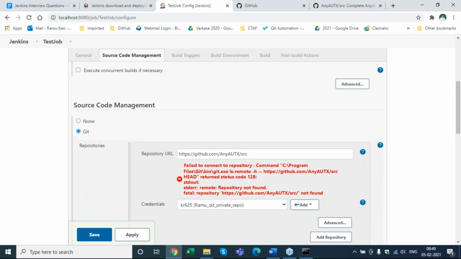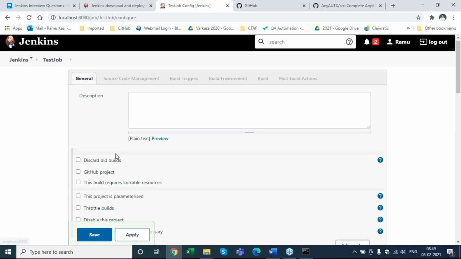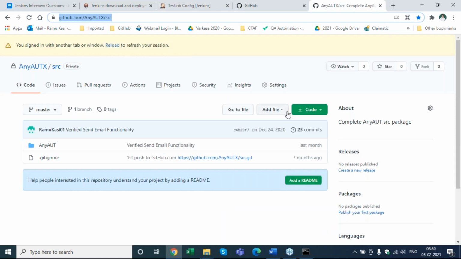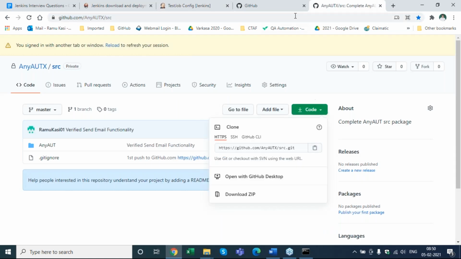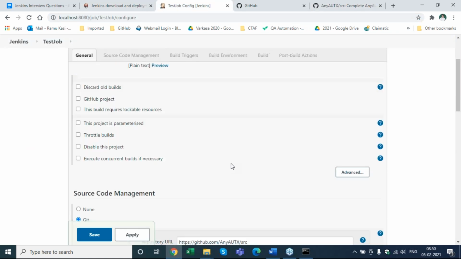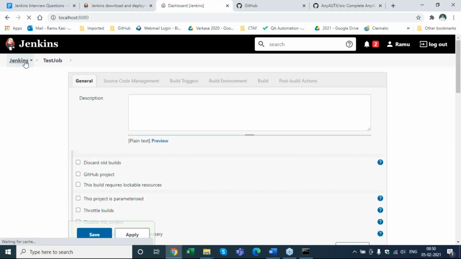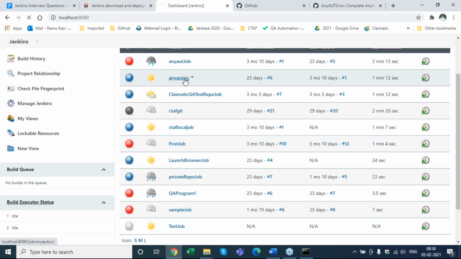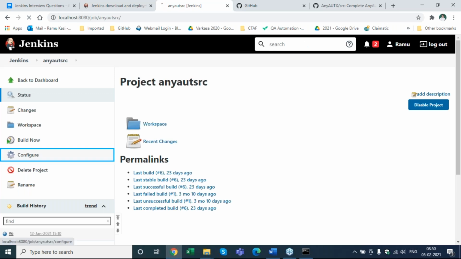Let me check if there is some other message. Is it the correct URL? Yes, because I logged in. The right URL. So I'll check my other saved jobs. Let's see if I'm getting an error there. Sure. Just put .git instead of the URL.